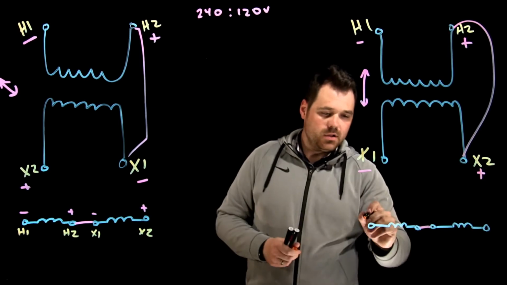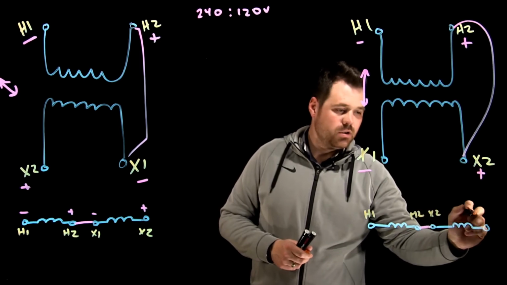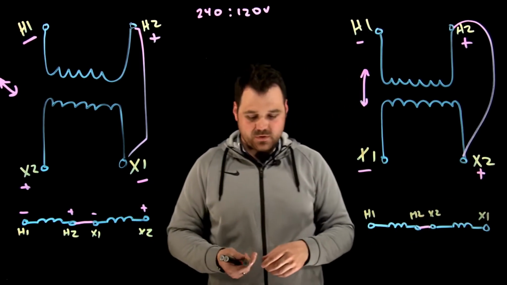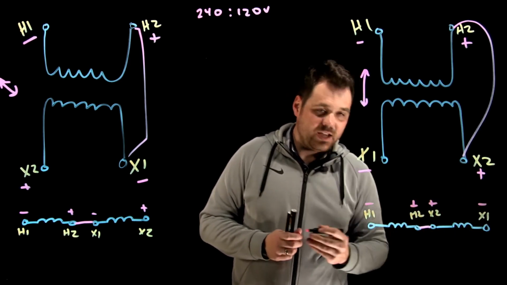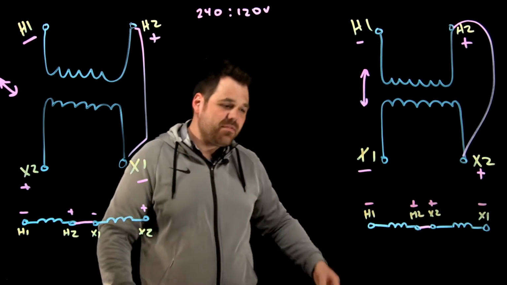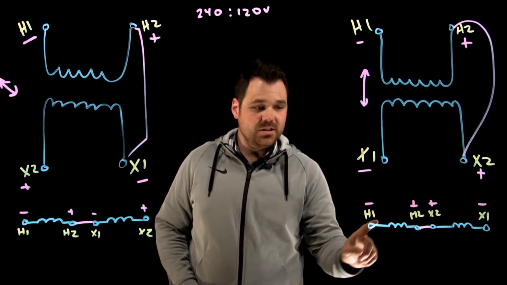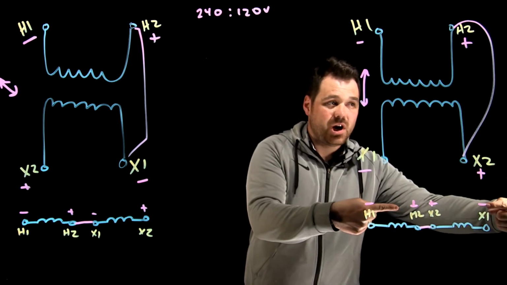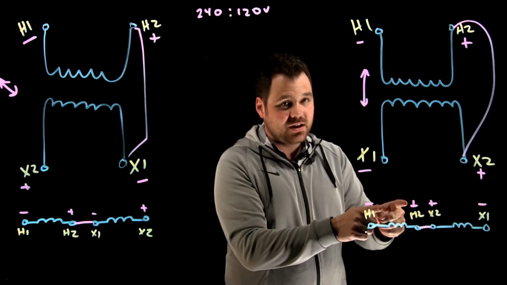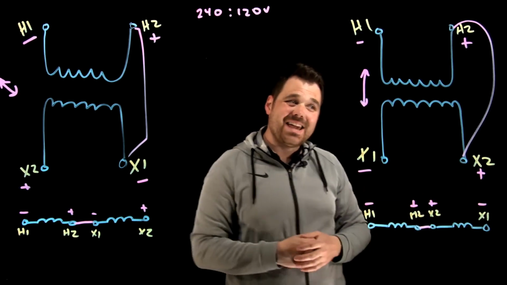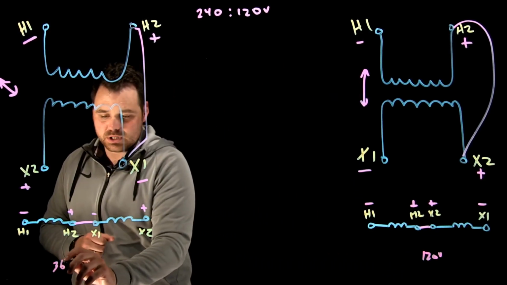So over here we've got H1, H2. Now we're connecting H2 to X2, and then X1 was our other terminal over there. We've got negative, positive, positive, negative. So if I were to apply 240 volts, I would have negative 240 here, right? Negative to positive, current flowing this way, current flowing the opposite way through the other winding, induced onto the other winding, so they oppose each other. So I have negative 240 and positive 120, so they cancel each other out, and I actually end up with 120 volts, whereas over here I had 360 volts.